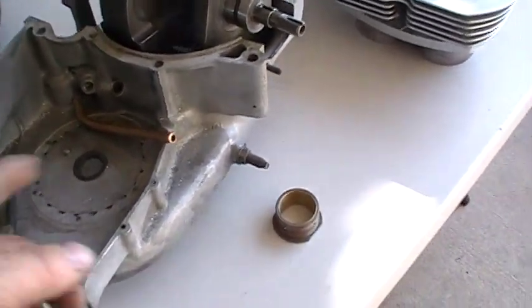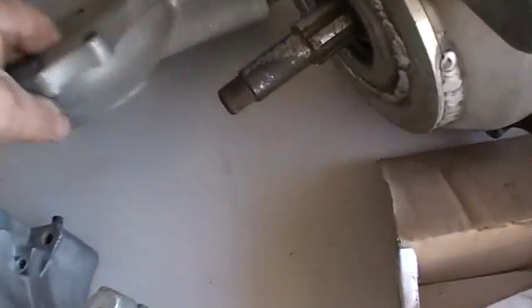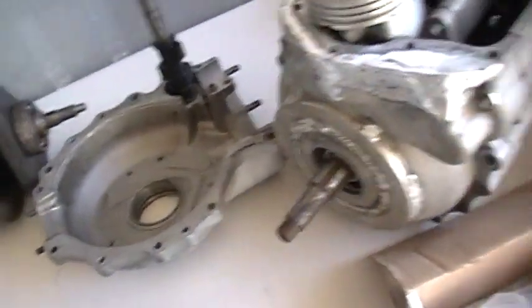Anyway, so this line, 3/8 line, will then go up to the back of the oil tank on a right angle fitting similar to that. I'll just put a right angle version of that in the tank. This here is going to a,